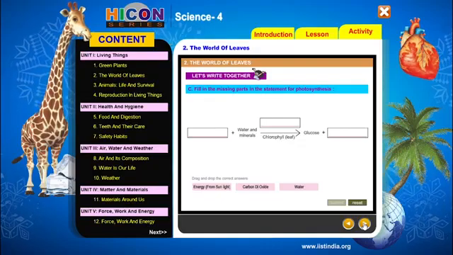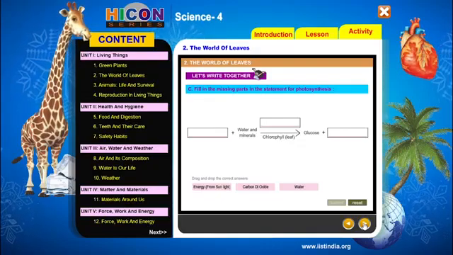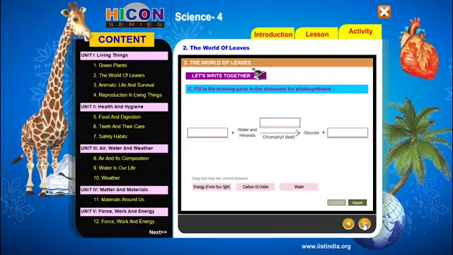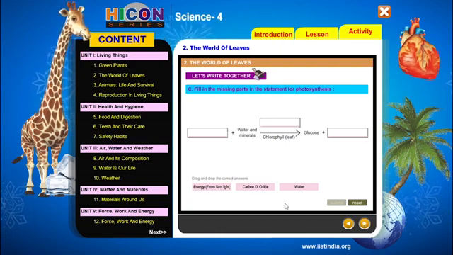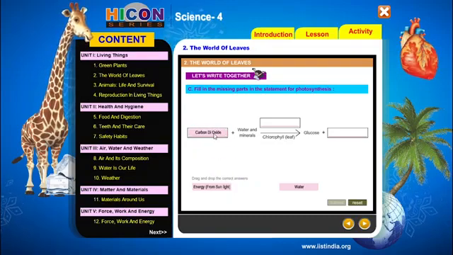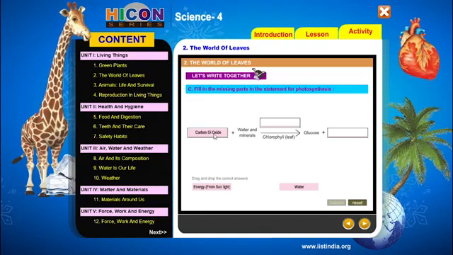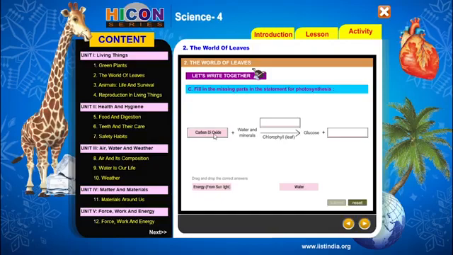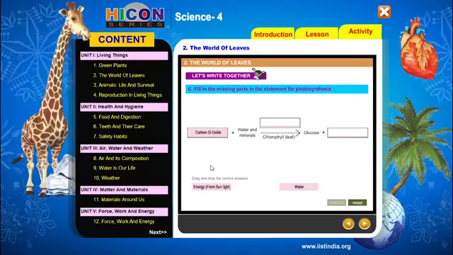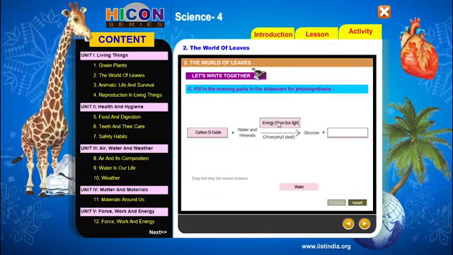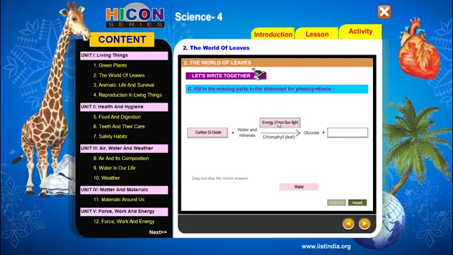So which components are required for photosynthesis? Water and minerals and carbon dioxide. So carbon dioxide is also required for photosynthesis. So the answer for the first blank is carbon dioxide. So carbon dioxide and water and minerals. Leaves mix the carbon dioxide, water and minerals, and in the presence of chlorophyll, prepare glucose and give dash. This process, photosynthesis, takes place in the presence of sunlight. So write sunlight on the arrow mark.